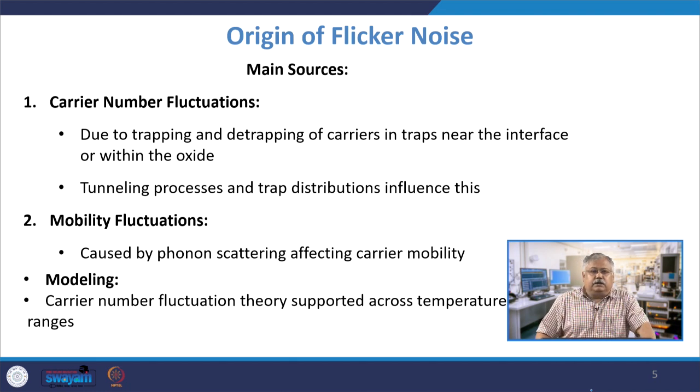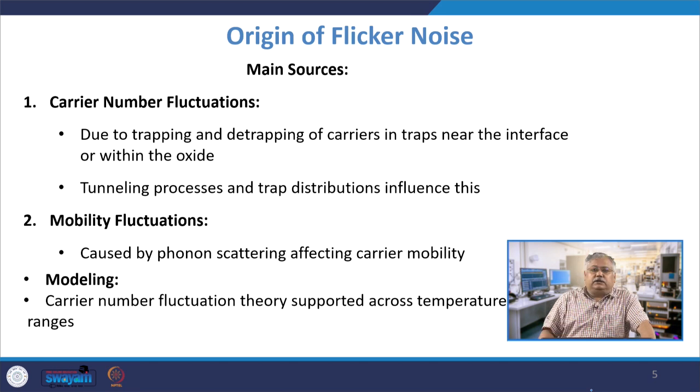Second is there are large number of tunneling process and trap distribution which also influence the carrier number fluctuation. So the main reason is basically suddenly the carrier becoming high or suddenly the carrier becoming low, they introduce a noise, and this high or low will also depend upon how the carriers are getting trapped or detrapped from the interface and oxide trap charges, primarily near the interface trap charges, and they are sitting somewhere about maybe 1 or 2 angstrom inside the oxide layer, and they release when the input frequency is small, they get released and they get accepted by the trap, because these are low energy sort of